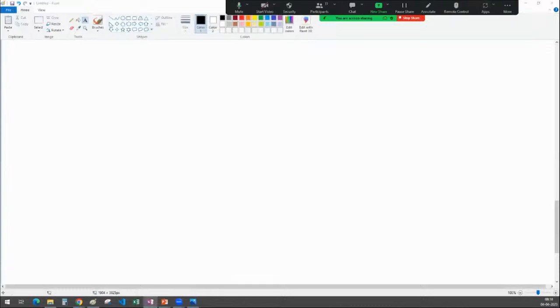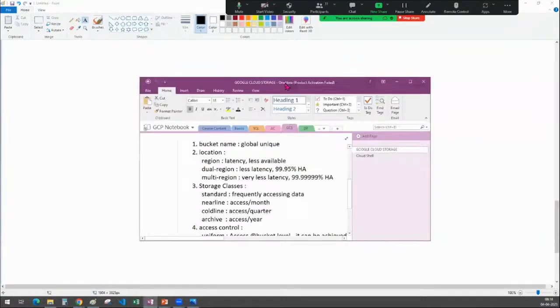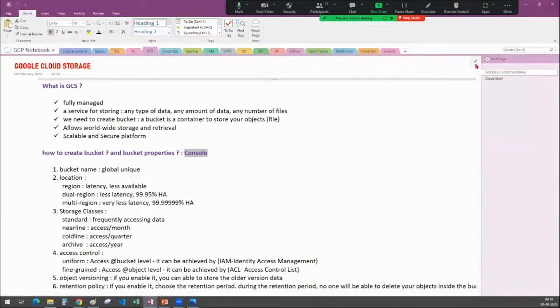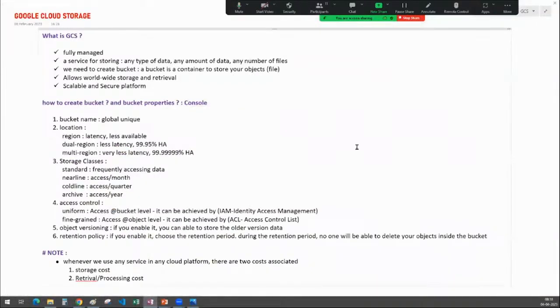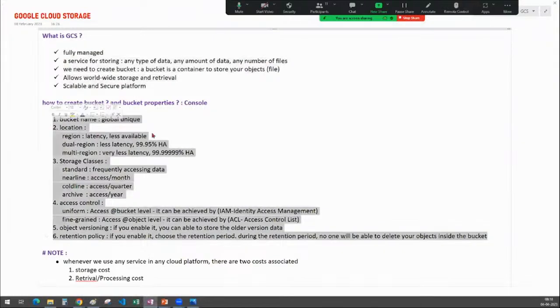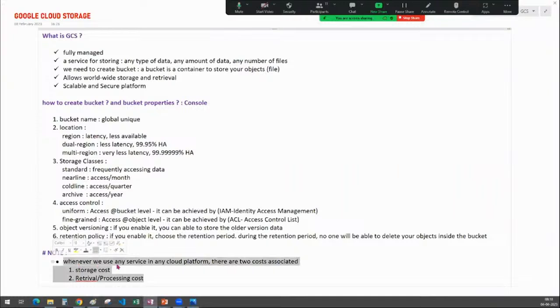It is a very robust material, and you will see the material for Google Cloud Storage tomorrow. Today we have seen what Google Cloud Storage is. I will give you access to my notes: what is GCS, how to create a bucket, all the high-level concepts. And here I have noted, whenever you use any service in the Google Cloud Platform,